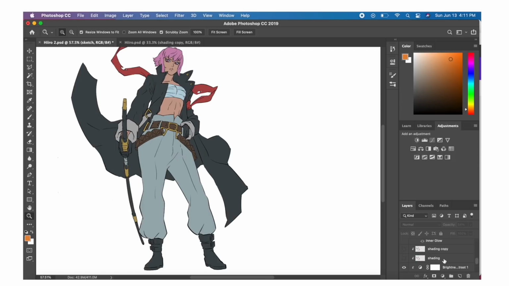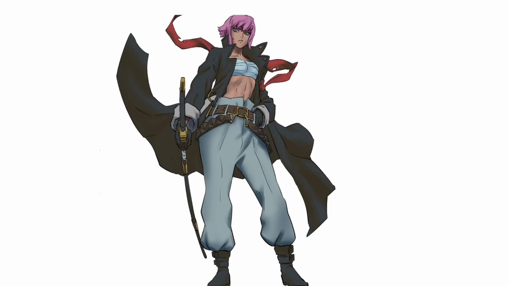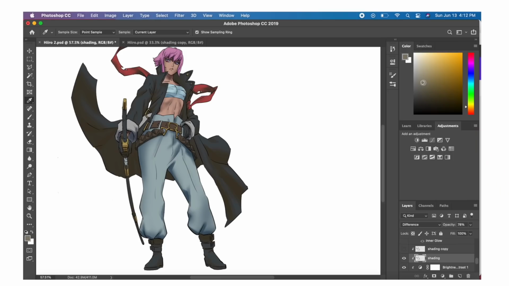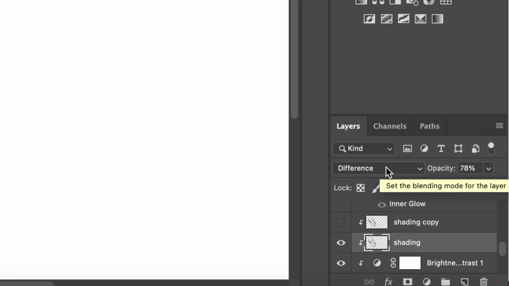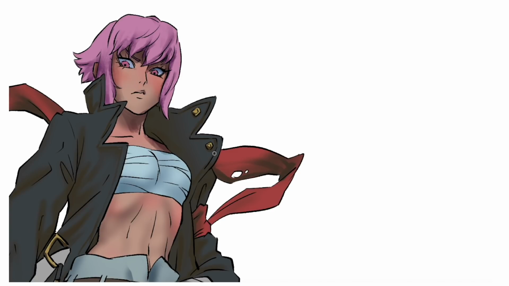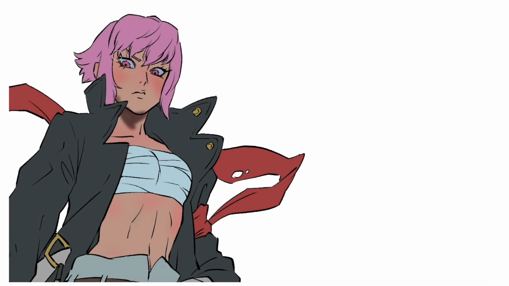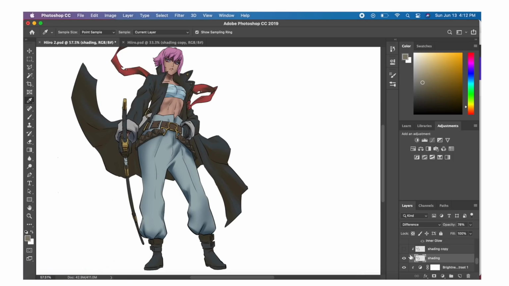So for the shading layer, here I decided to go with a more painterly approach, taking some tips from a video I saw from Mark Burnett. We're essentially picking a color from here, or something here if I remember the video correctly, and then you want to change the blending mode of that layer to difference. Now while you have that, you then shade the character normally, as you would, and also feel free to then reduce the opacity appropriately, because sometimes it might feel a little too harsh if you just leave the opacity at 100. So here I have it at 78%, but normally in my style, I generally reduce the opacity to, you know, somewhere around